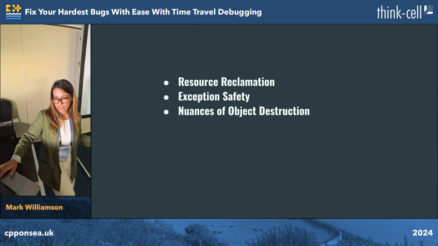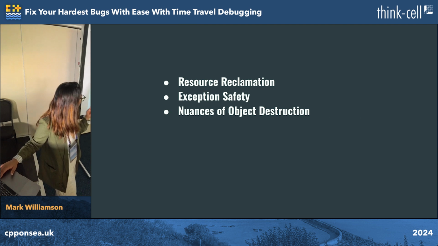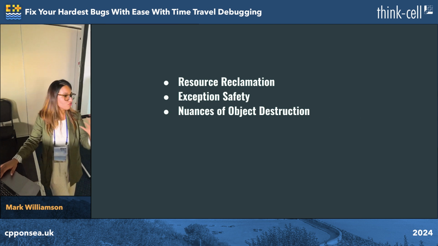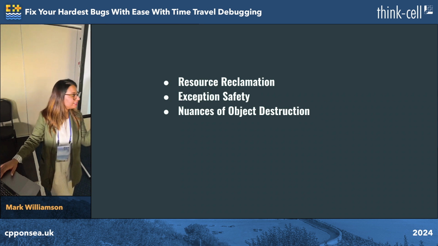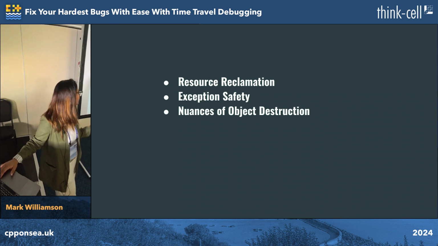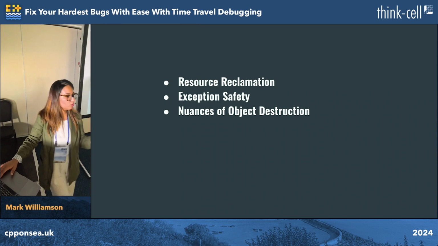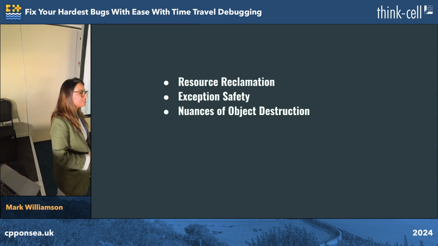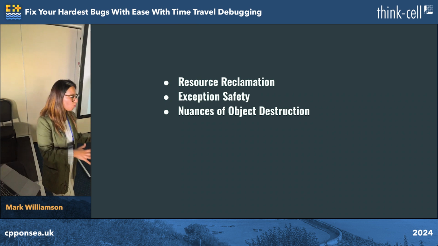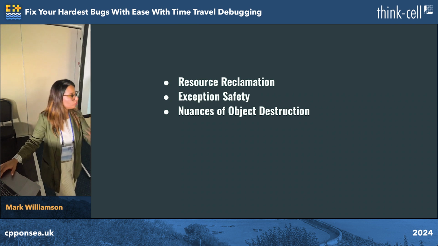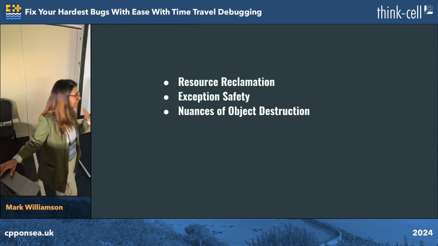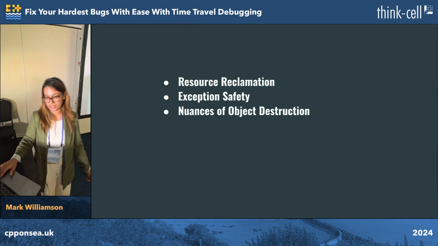So three things over here. We have three strategies in this case as well. We have resource reclamation, which we want to do if we are designing it on our own. Another point, which I talked about a little at the start as well, is exception safety. You would want to make sure that even if you come across some errors, and the resource has gone out of scope, you do not hold on to that resource. You would want to release it. And the third is we have different nuances of object destruction.